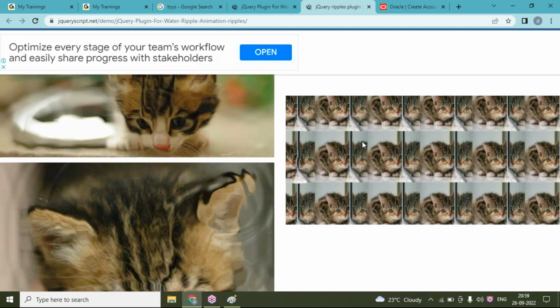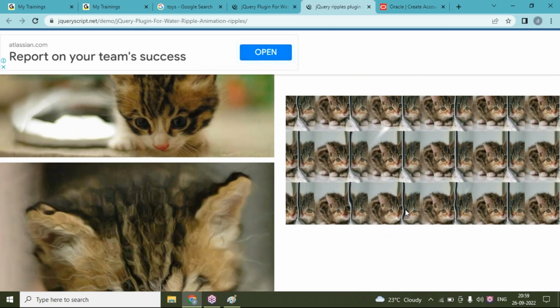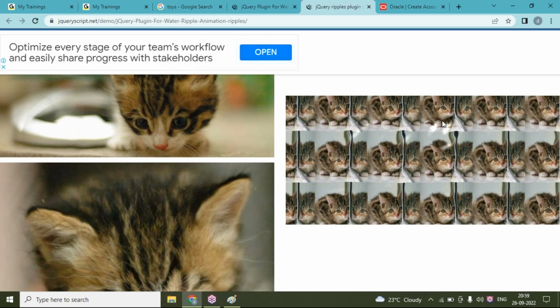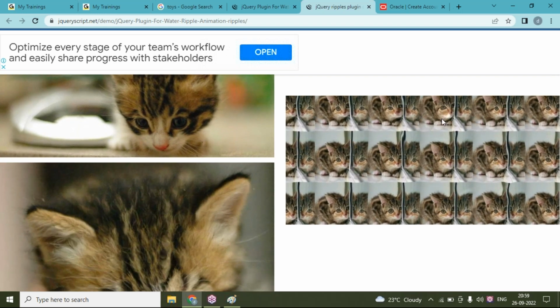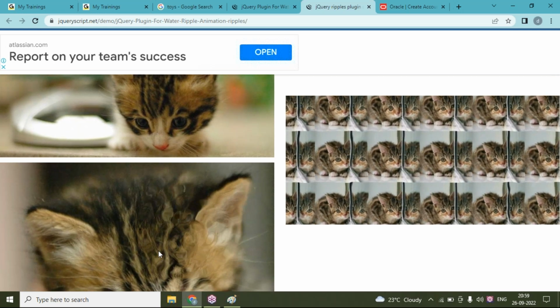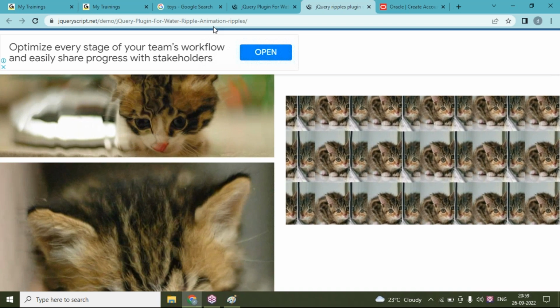This type of effect we can create with our UI program. Here all the water waves are coming like this. This type of effect we can create with our web UI programming. Here, using jQuery